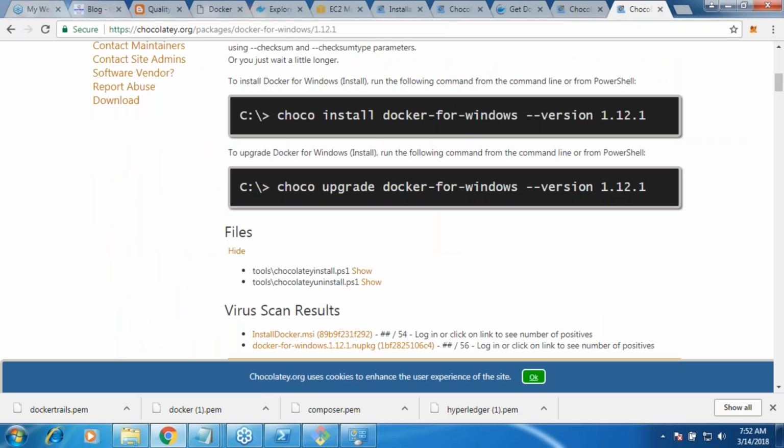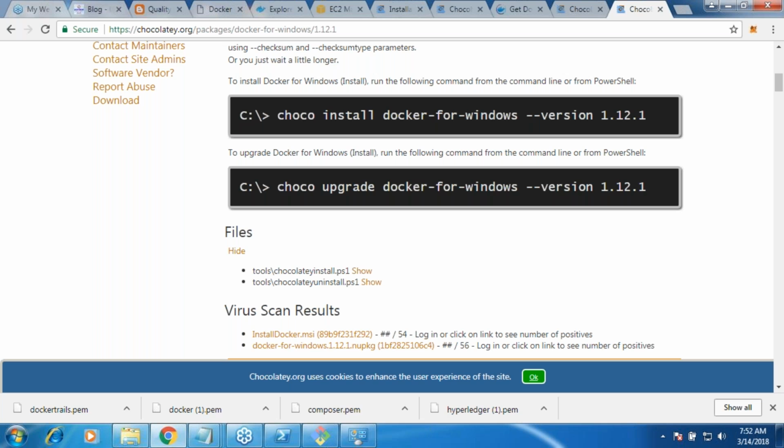Chocolatey heavily optimizes your installations. It downloads and does all of the stuff. You have to just run this command, go and pick up a coffee and just do your job. So this is how we are doing software installations in our offices now. Very, very much optimal, right? But one thing over here is you might not get the latest version. It might take some time to come into Choco. But it's absolutely okay if you are installing the software.